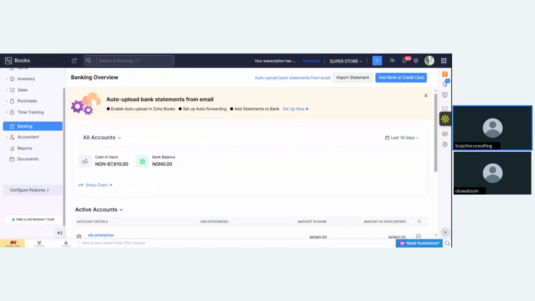Those that are not compliant is a big issue, and you as a business, you must not deal with people that are not compliant. You understand now? So these are the things.